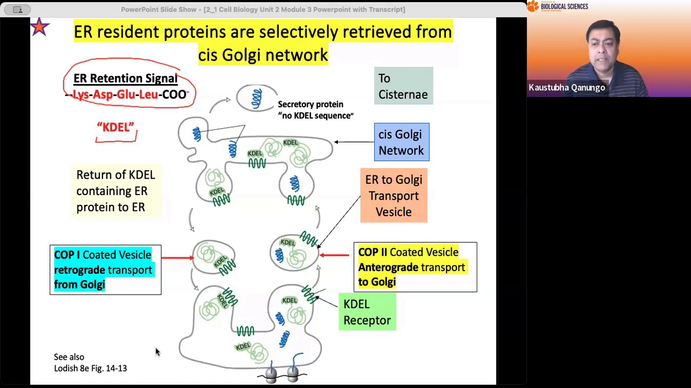Now, the blue proteins, for example, these are secretory proteins, with no KDEL sequence. Suppose this can go to the Golgi, this can go to the lysosome, or be secreted outside. These need to be transported out of the ER to the vesicle, to the Golgi, modified, and go wherever they need to go. But unfortunately, sometimes some of the ER resident proteins, the ones with the KDEL sequence,